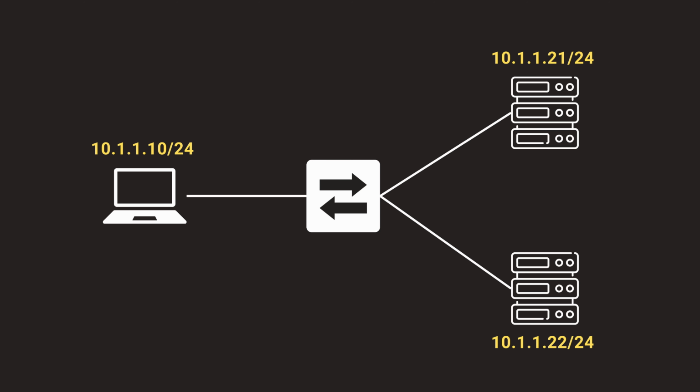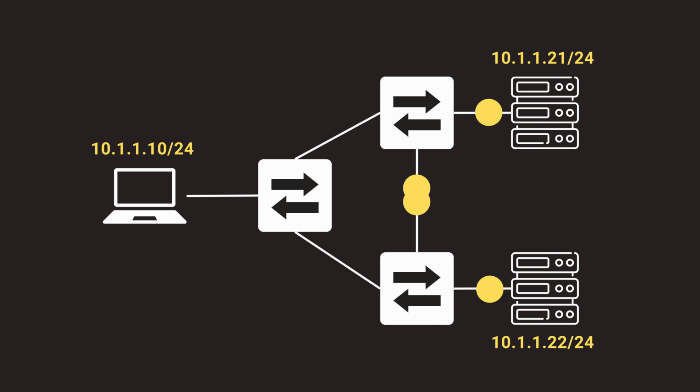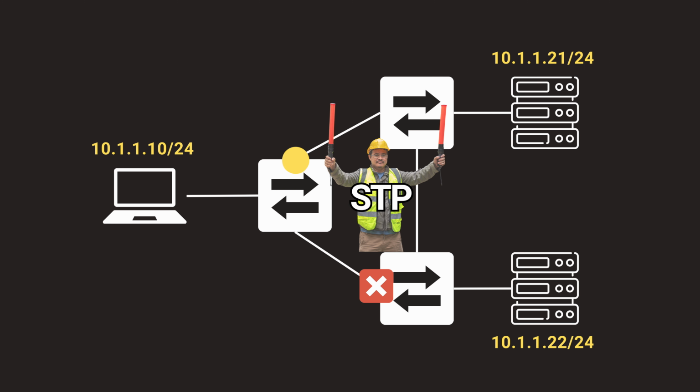Devices start discovery of the destination by sending a broadcast frame in the local network. This works well in a simple topology with one switch. But as the network adds switches for redundancy, it can cause a broadcast storm. This is where STP comes in to prevent loops by disabling one of the ports and enabling it based on